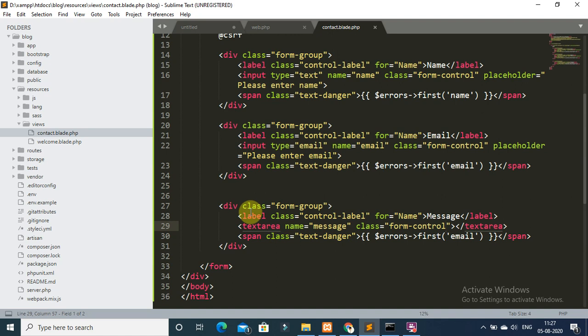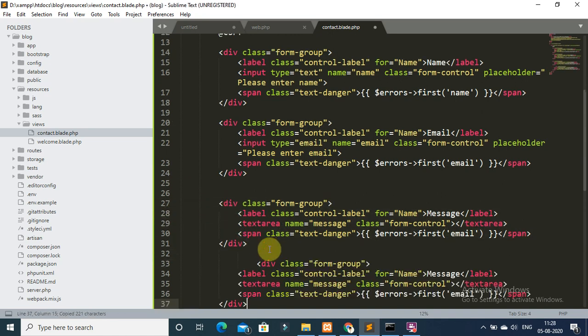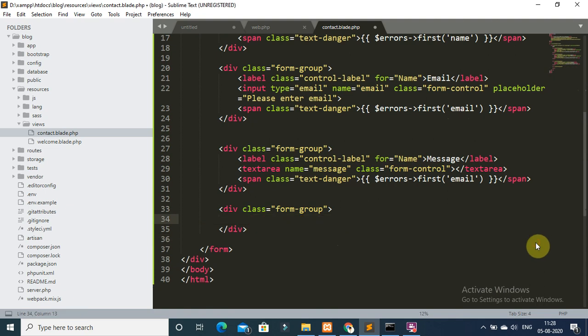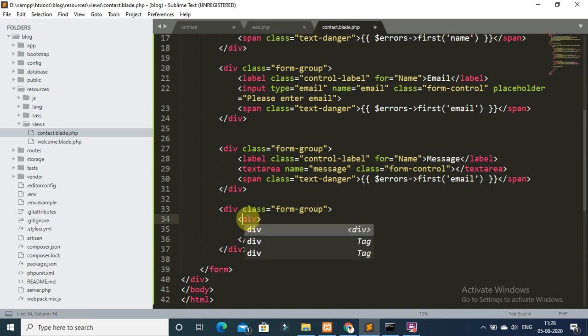And add one button, its name is submit button. So copy this field again and paste it here, and add class, and remove this, and create a div inside and add class col-sm-offset-2.